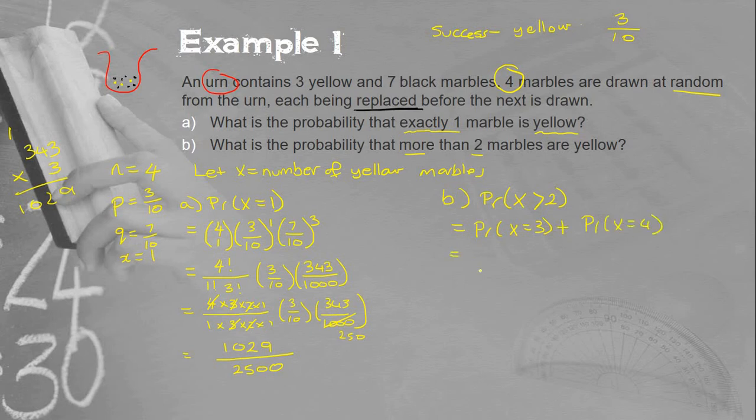So we have to set it up twice in this case. 4 choose 3, 3 over 10 to the power of 3, 7 over 10 to the power of 1. And now I'm just substituting directly into our formula here, okay? Directly